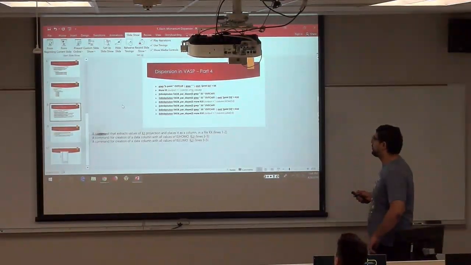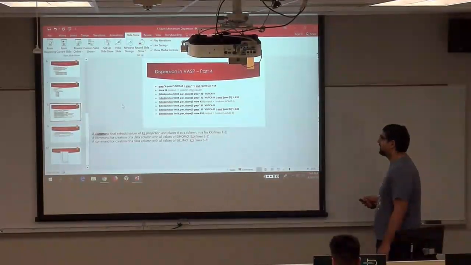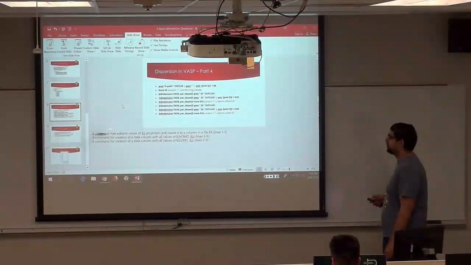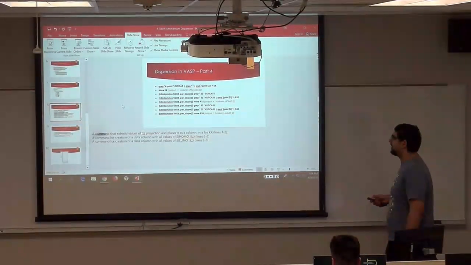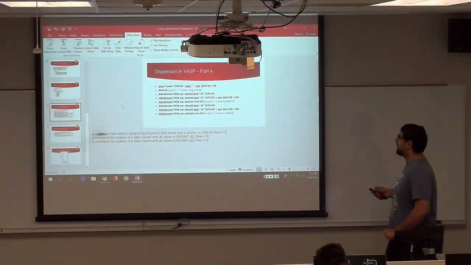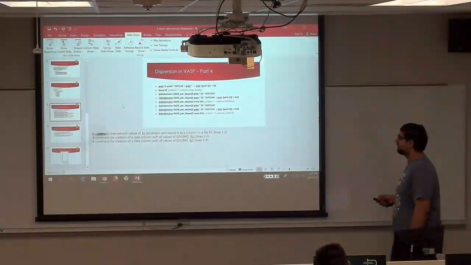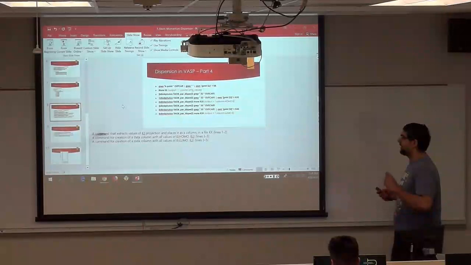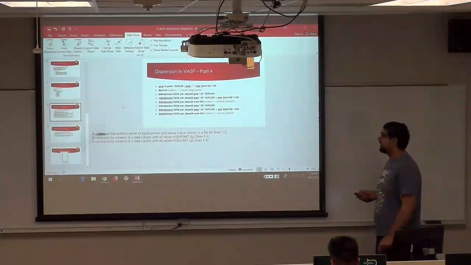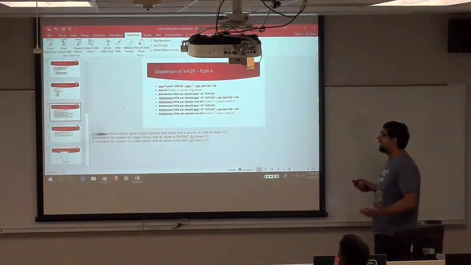Okay, so what we're basically doing in these commands, for example, in lines 1 to 2, is we're extracting values of k sub z, and we're placing it as a single column file in a file called kk. So that's lines 1 to 2. And then lines 3 to 5 are the commands for creating a data column with all of our HOMO energy values.